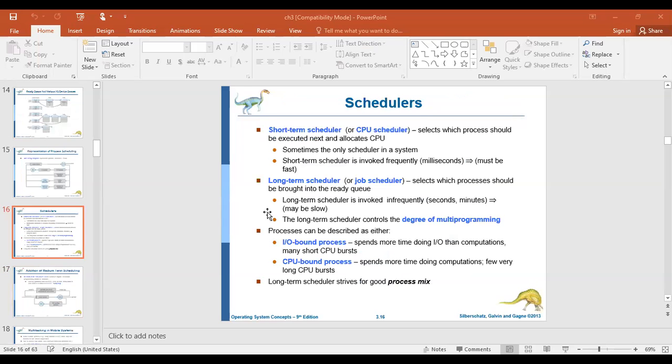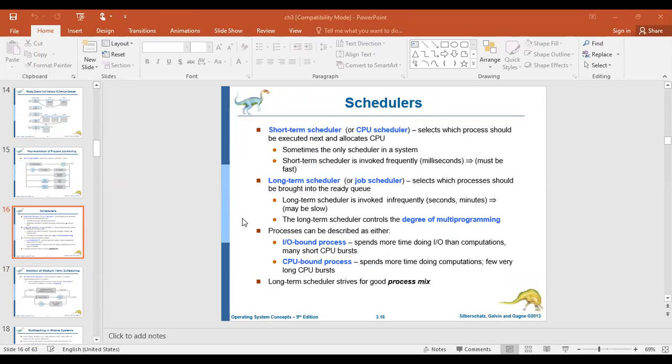Okay, so this is about the various queues used by the various resources during the execution of your process. Right. As I told you, there are the short-term scheduler, the long-term scheduler, and the process scheduler. Once again, we'll have a look at them. The short-term scheduler, or simply the CPU scheduler, selects which process should be executed next and allocates the CPU. Okay.